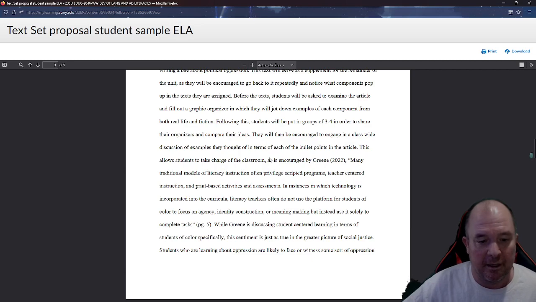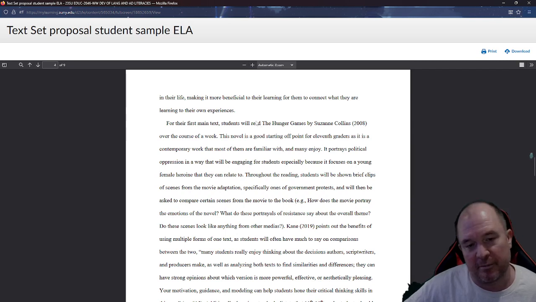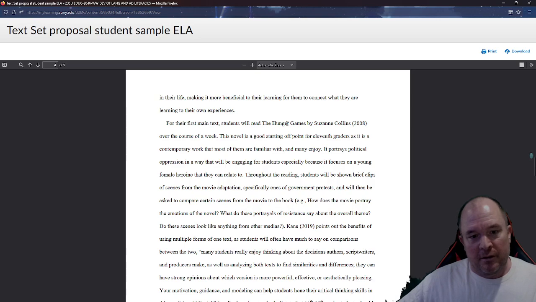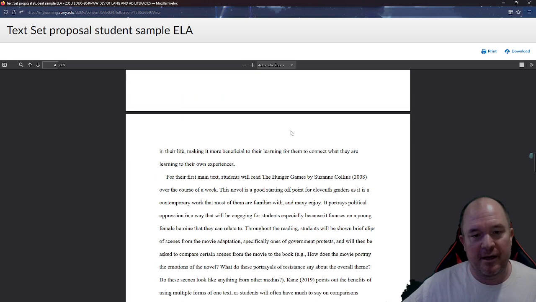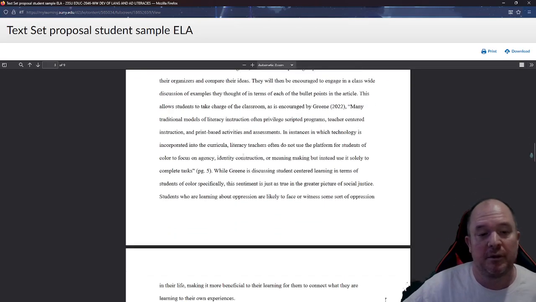So again, all of these are great, and then she moves into the Hunger Games. One thing I'm providing is that this should be italicized. Titles of novels and movies are italicized. I think she puts this in quotes, which is for titles of articles, so that's kind of correct.